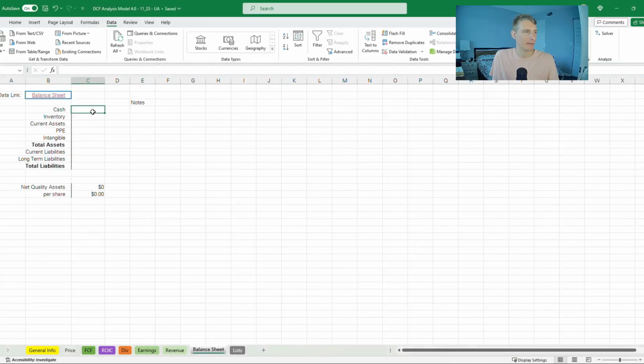Let's go ahead and put in their balance sheet. $656 million in cash on hand. In inventory, they have 1.1 billion or so. Current assets, 2872. Property, plant, and equipment is $688 million. Intangibles they have listed at